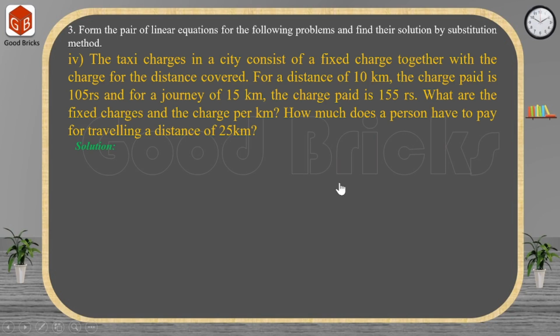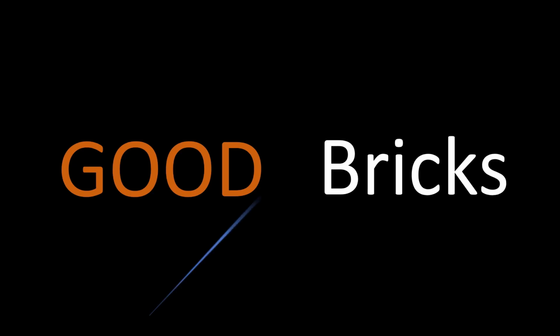Hi guys, let us discuss now the fourth bit of the third problem in exercise 3.2. In this, they are asking us to calculate the fixed charge, the charge per kilometer, and the charge paid for 25 kilometers. These are the things which they are asking us to calculate from this